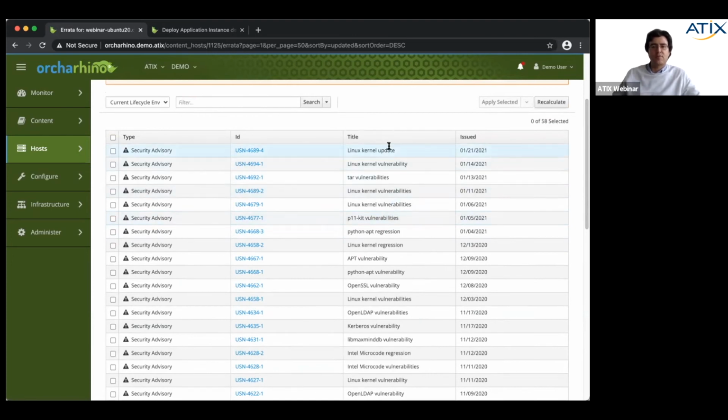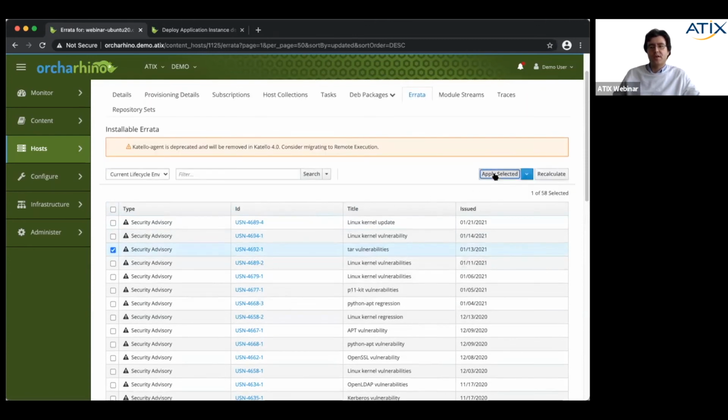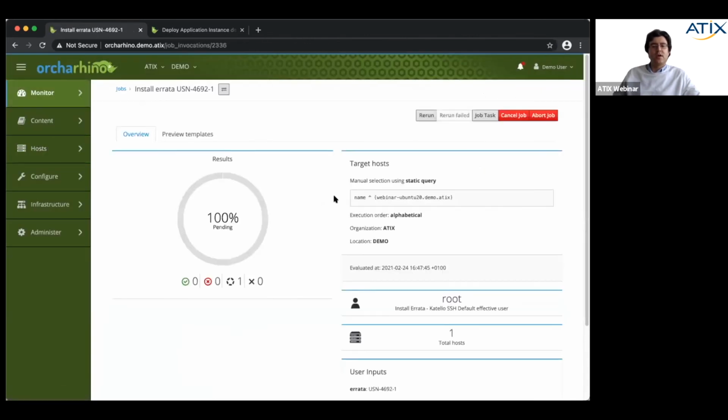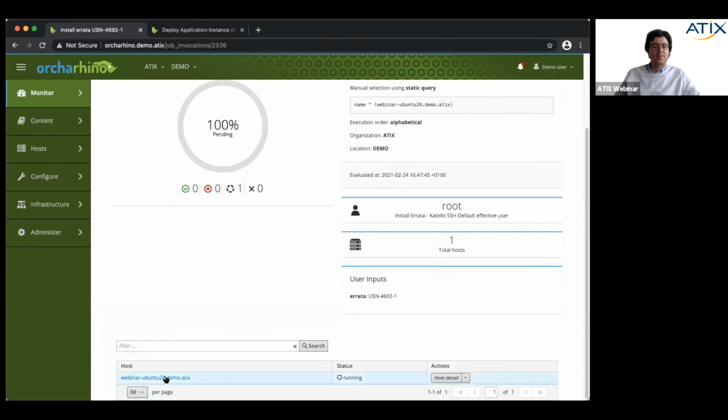So we have several vulnerabilities concerning the Linux kernel. We don't want to fix that here, but let's just close one errata. For the tar vulnerability, we click on this. We actually click on apply selected. Then again, via remote execution, an apt will be triggered.